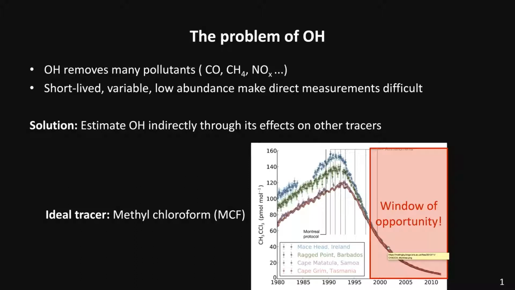And methyl chloroform is mainly removed by OH, with a lifetime of about 5 years. And it's maybe not super clear to see from this picture, but the decline rate is about 20% per year. So indeed, this indicates that the emissions have been very low. This means that the methyl chloroform budget is no longer dominated by emissions, but rather it's dominated by OH, and there's a very direct link between the variations in the rate of decline of methyl chloroform and OH. And so that's something that we're trying to exploit in this analysis.